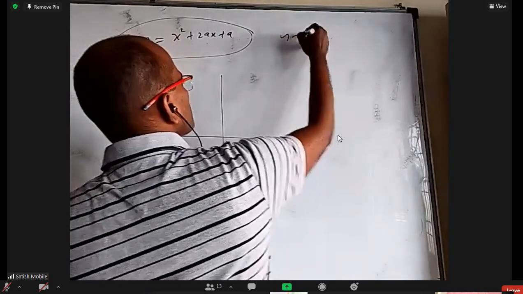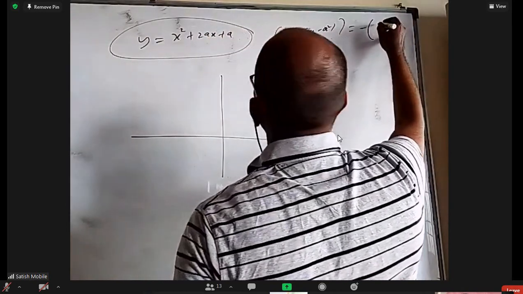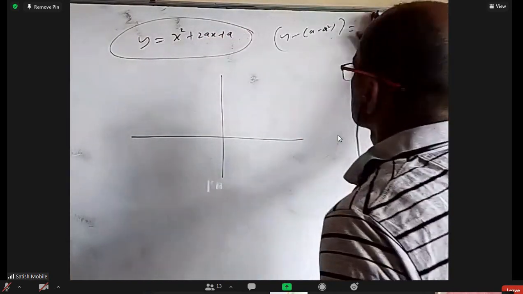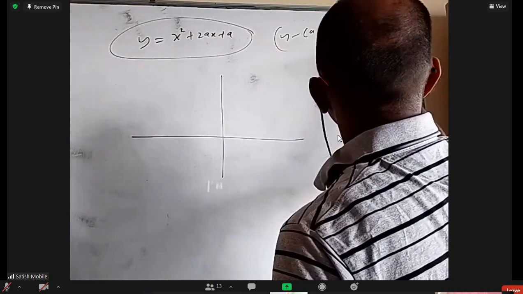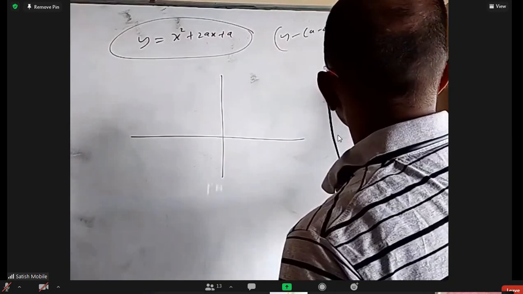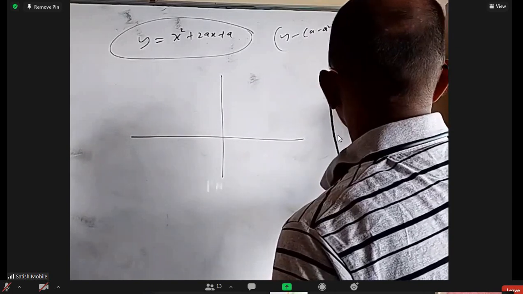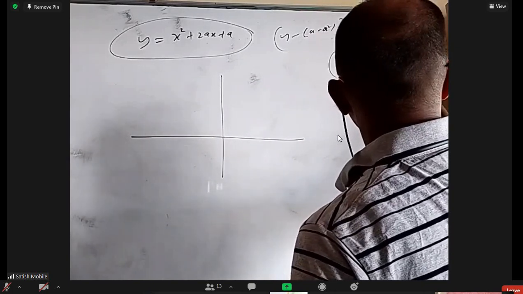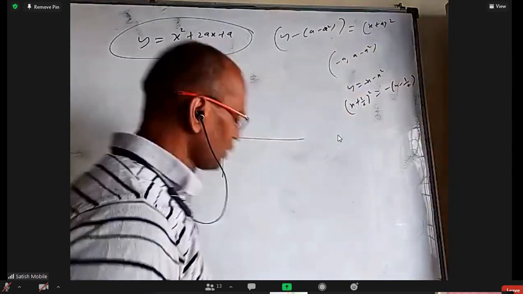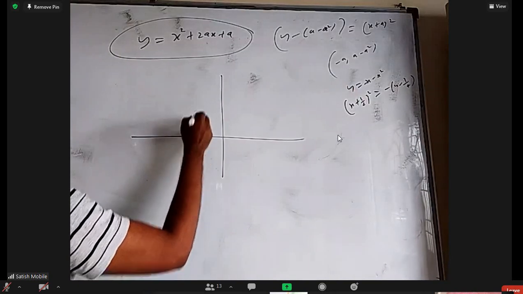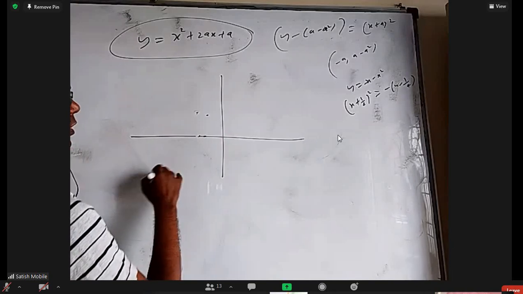So anyway, I will raise it equal to a minus a square from x plus a, minus a comma a minus a square is a parabola. What is the type of equal to x minus x minus x minus x. That is x minus half whole square equal to minus y x plus half whole square. Minus 1 by 2. So minus 1 by 2 comma 1 by 4 is here. And that is a downward parabola.